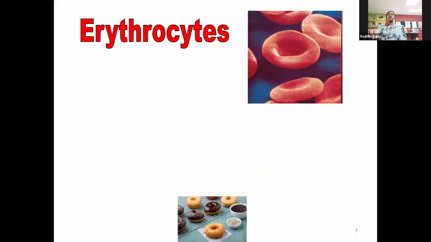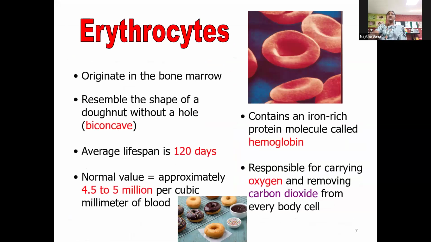Okay. Now come to the next one. As I already discussed, here you can see the donut-like structure. This is the shape of your RBC. Actually, where are the blood cells originated? The blood cells originate from the bone marrow. The bone marrow is very, very important. You may have studied stem cells, right? The bone marrow acts like stem cells. The generation, synthesis, and formation of all the cells in your body originate from the bone marrow. So simply a donut, or otherwise you can call it a biconcave structure.